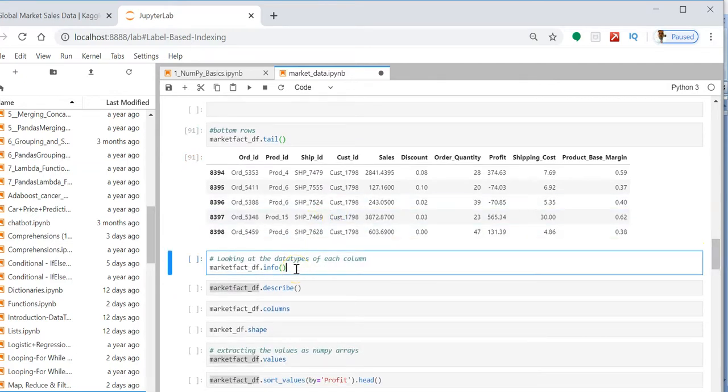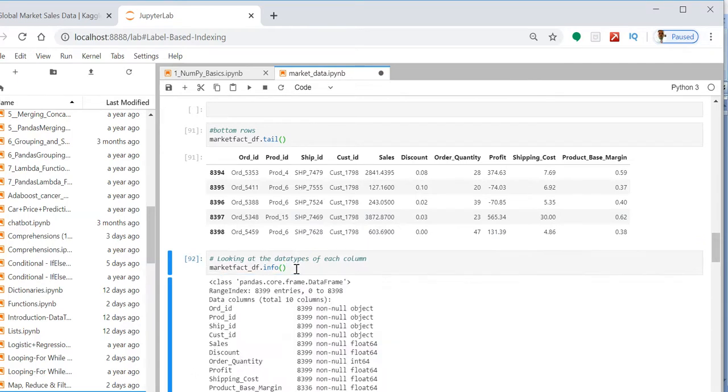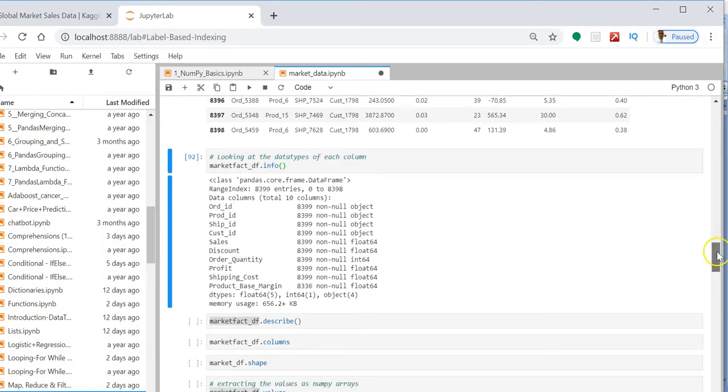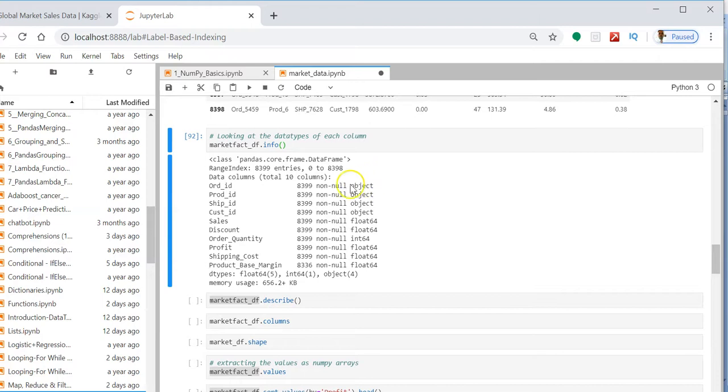If you want to understand the data type of each column, you can make use of the info function, and along with the data type it also gives you the number of values in each column. If it is a character, it will give you the object data type. If it is a number with decimals, it will give you float64. If it is a whole number, it will give you int64.